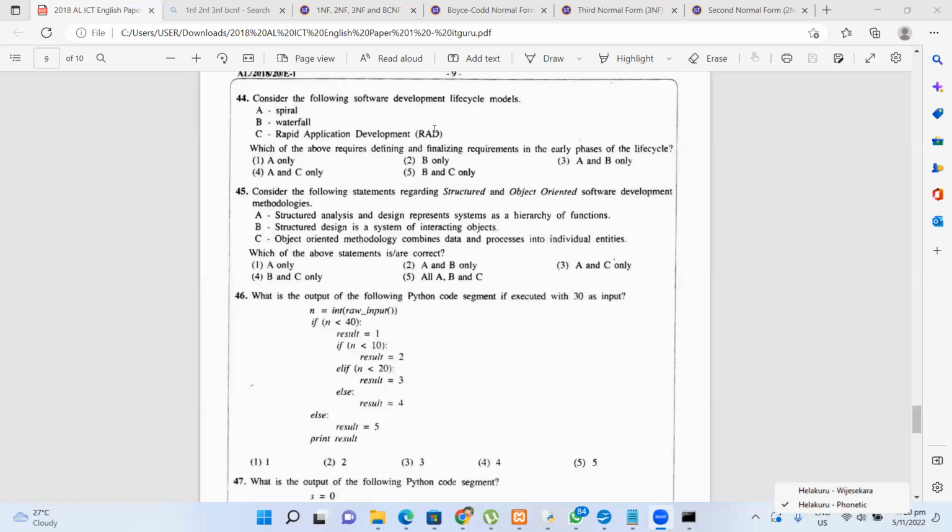So the spiral model is basically concerned with risk reduction. Always analyze the risk. This is good for risky systems. Analyze the risk, that phase is developed. The next spiral, analyze the risk, that phase is developed. Likewise, by analyzing the risk, implementing, designing, coding, that is done cyclically, spirally. The waterfall model, everything should be done in order from the starting position to the ending position, like a waterfall,